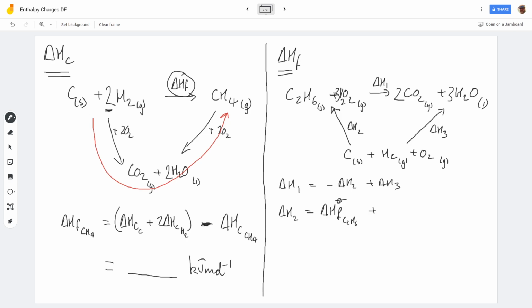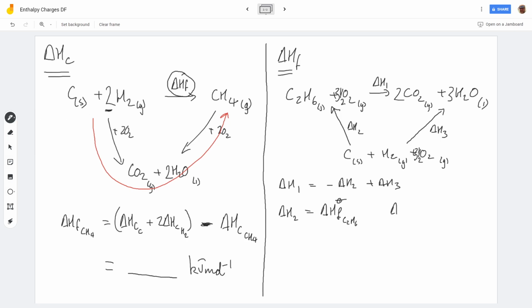Okay, so this is an oxygen in its standard state. This is also 3.5 moles of oxygen in its standard state. So we've not actually done anything to the oxygen, so we don't actually need anything else there. That's literally what it is. Delta H2 is the enthalpy change of formation of ethane,